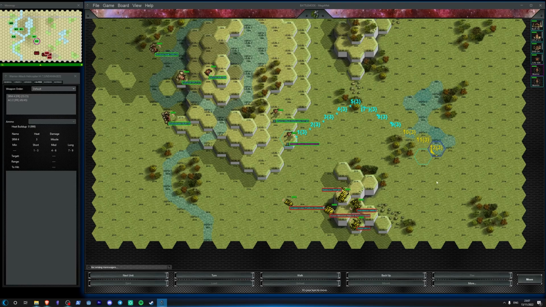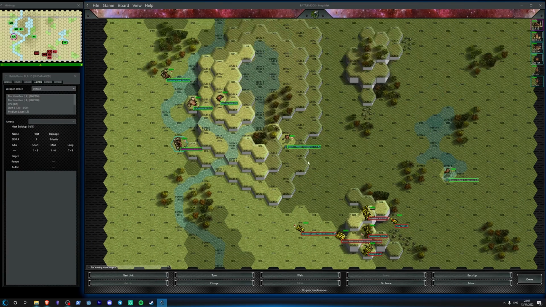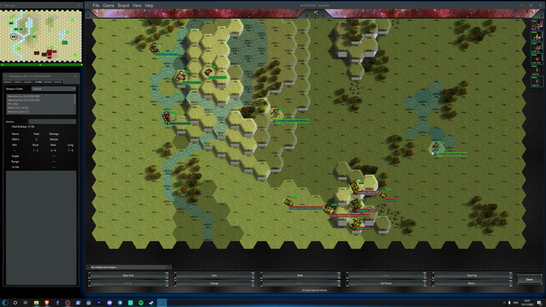Now this might take a piloting check. Yeah, we're going to need a piloting check because what's happening is he's moving really, really quick and then trying to turn. So he might skid if he fails. Okay, so we managed to get. Where